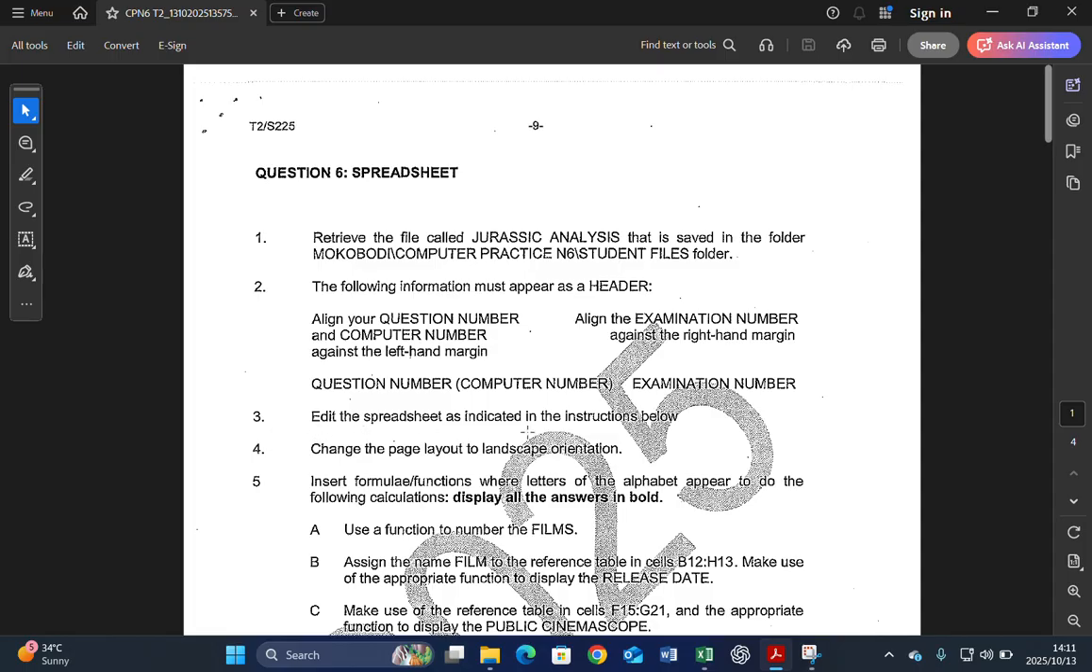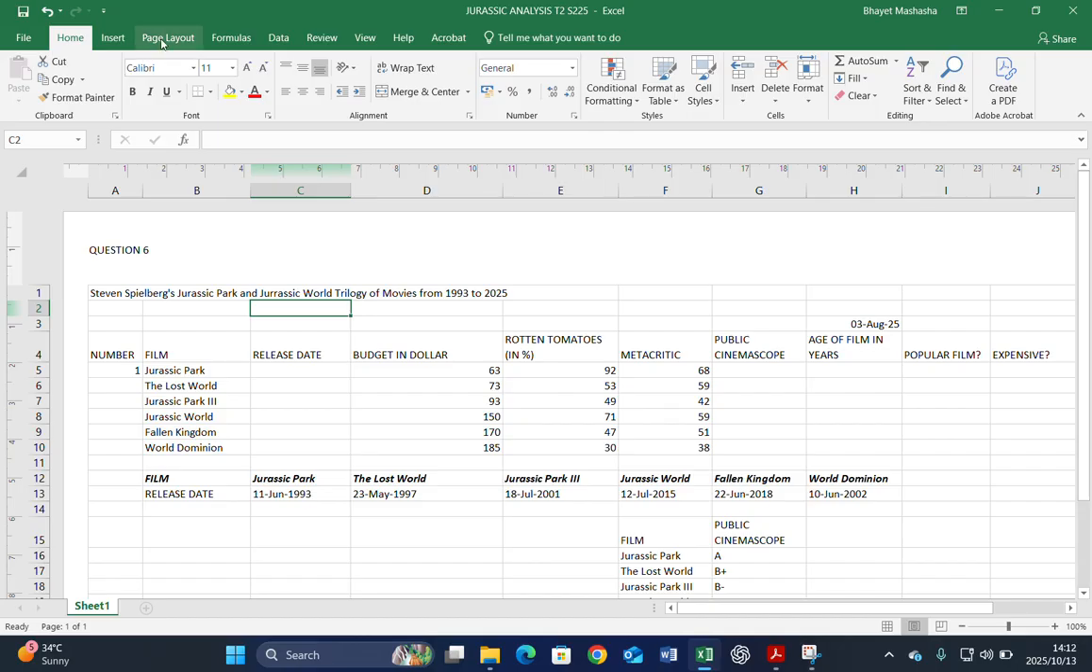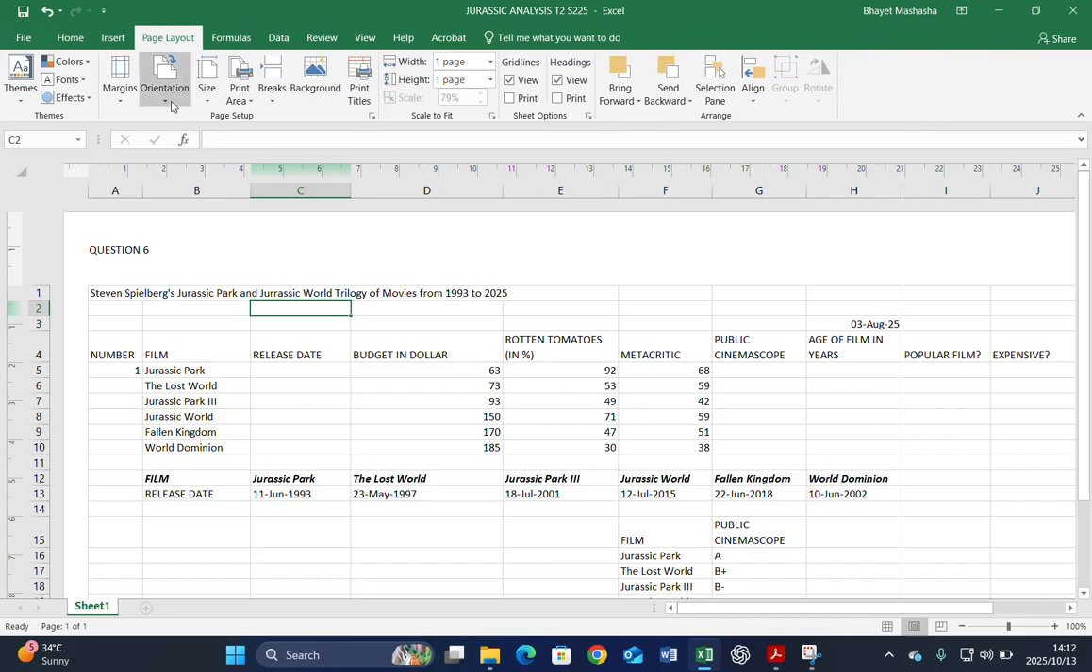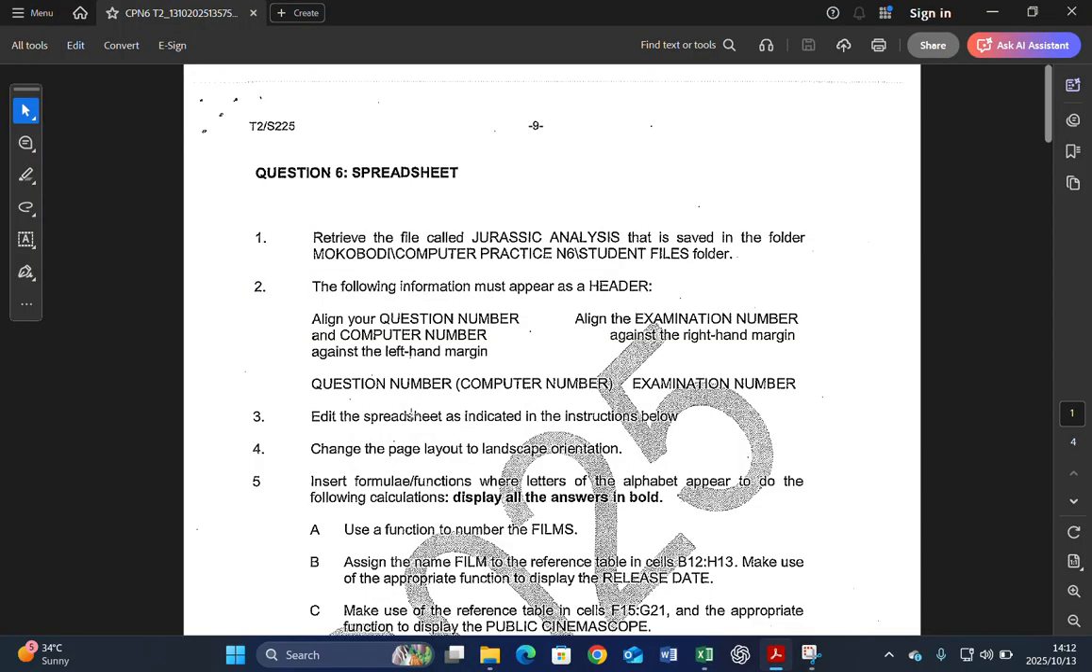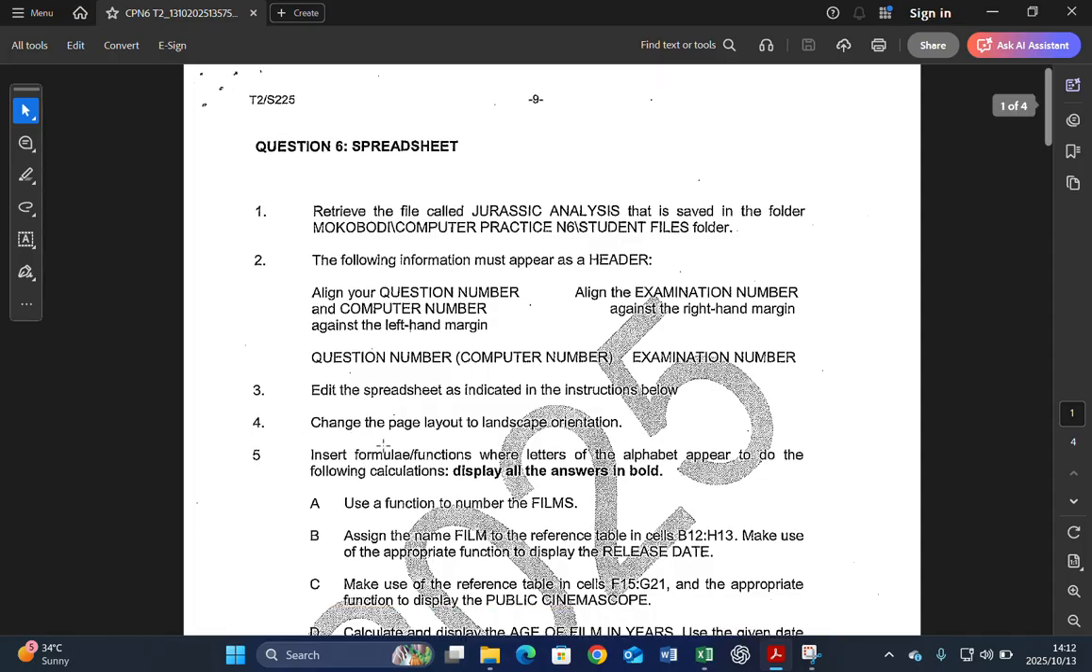3. Edit the spreadsheet as indicated in the instruction below. Change the page to landscape orientation. Come here, it's already landscape. Okay, then number 5,